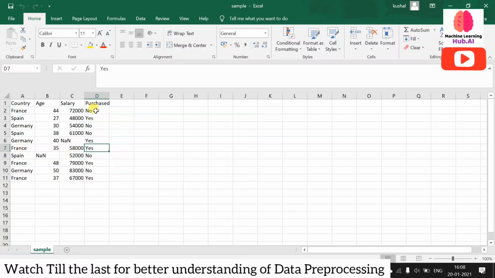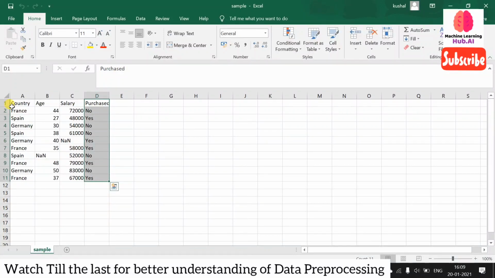Now in this classification problem, the thing we need to predict will go into the y, and all other important columns will go into x. So this will be our x and this will be our y. That's how we can understand the data. Okay, so now we already understand the data, so we are going to build one classification model.